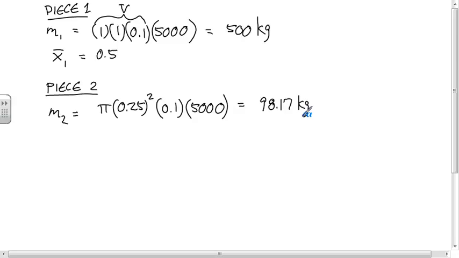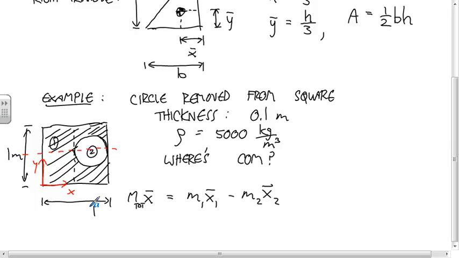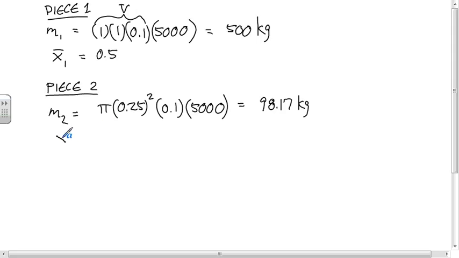And where's the x location of the circle centroid? So 0.5 to get here. Yeah, another 0.25 to get here. So x2 is equal to 0.75. And so the total mass is equal to 598.17 kilograms. And so the centroid formula, or the center mass formula, says